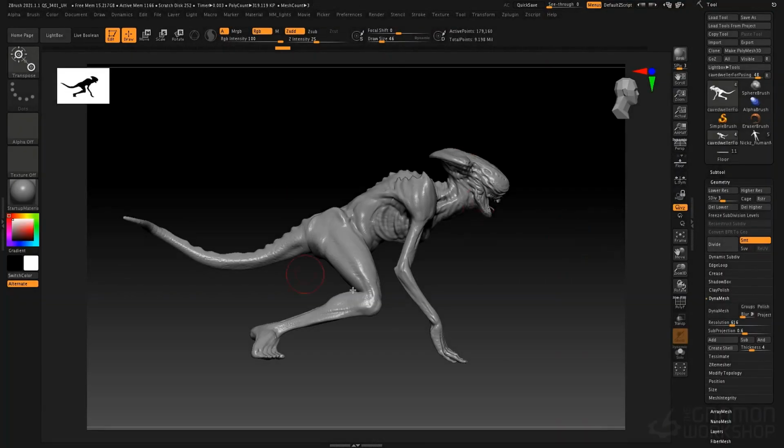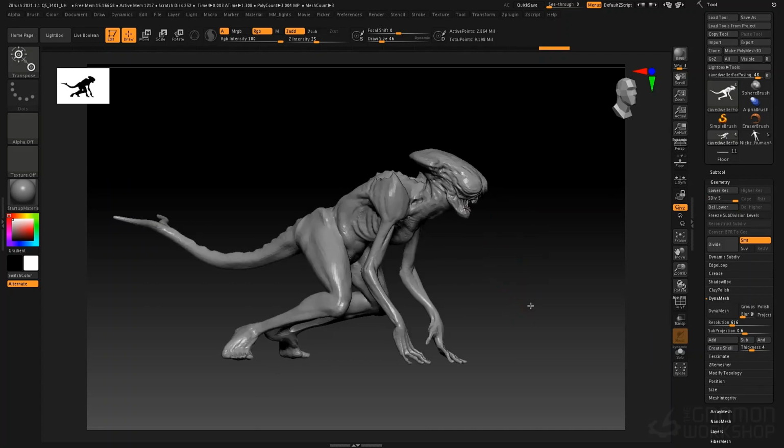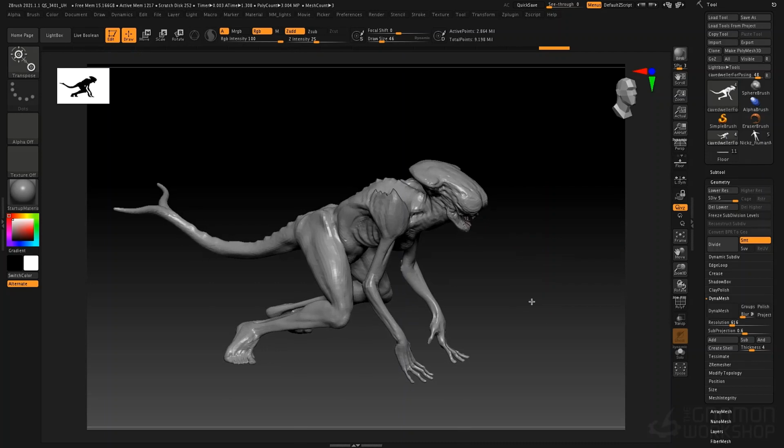So here we have our neutrally posed Hellhound. We've stepped down our subdivision levels to level 3. The highest subdivision level is going to be 2 million polygons, which is far too much to transpose. And this is another good reason why I said earlier in these videos that Dynamesh is great for generating volumes and designs, but you always want to have a model with subdivision levels, and it's a very simple process